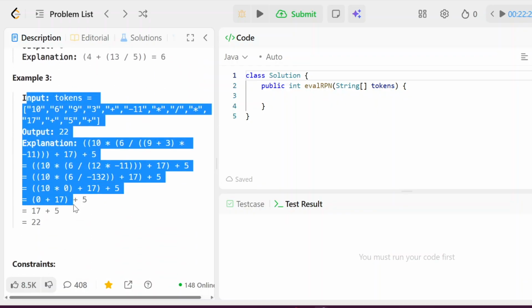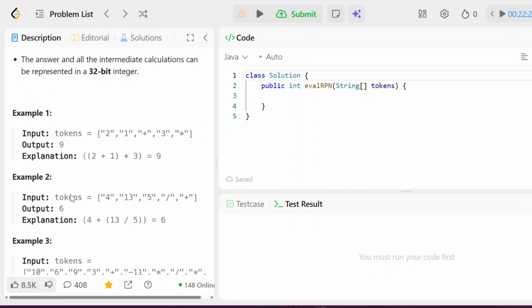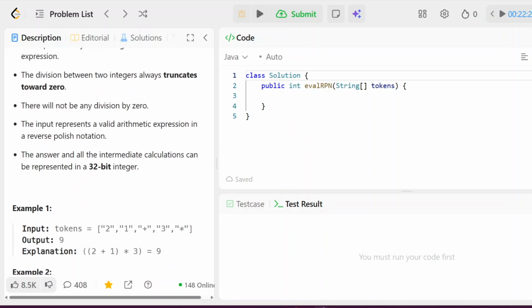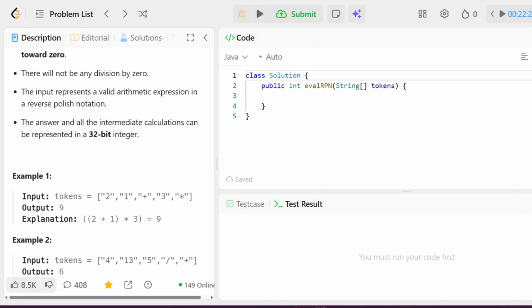Oh, this token list is kind of long. So pretty much you get the gist. Pretty simple. The way of doing the arithmetic is very similar to how we do the regular ones, but the only caveat here is that whenever we see the operator, it comes after the numbers that it should apply